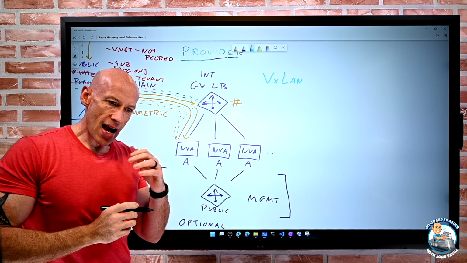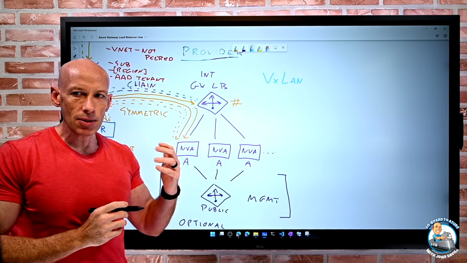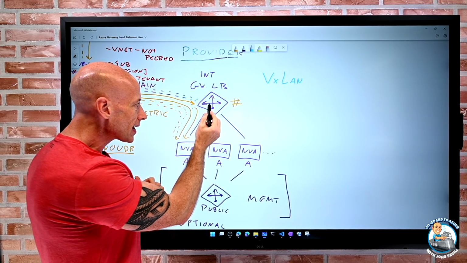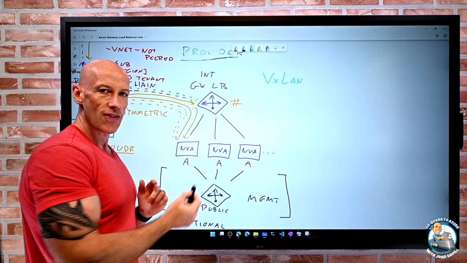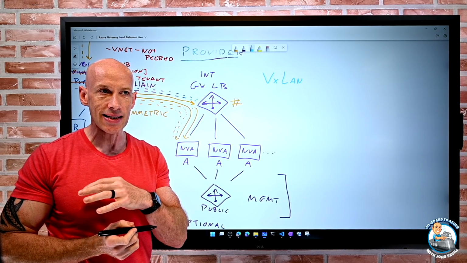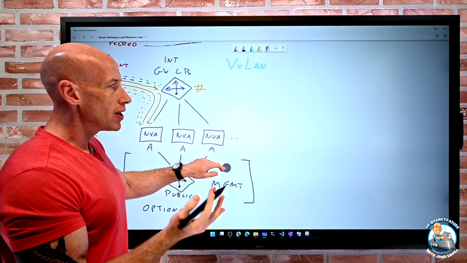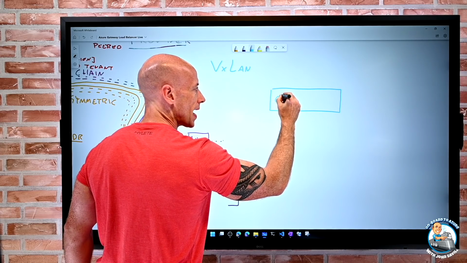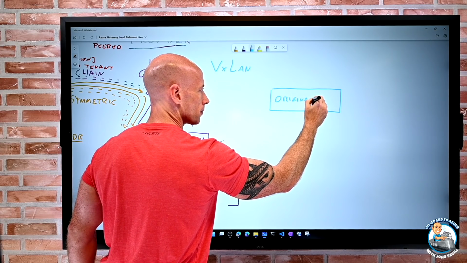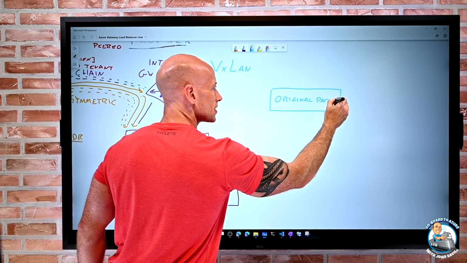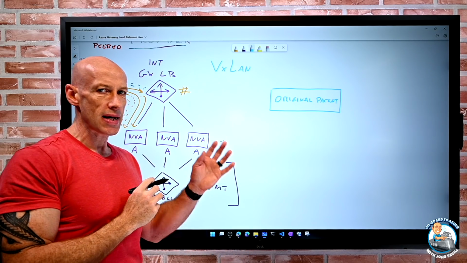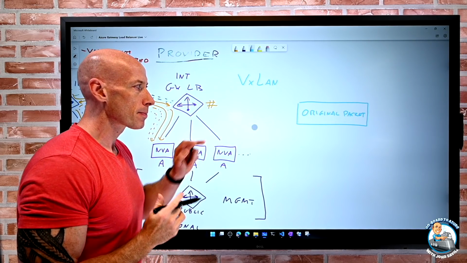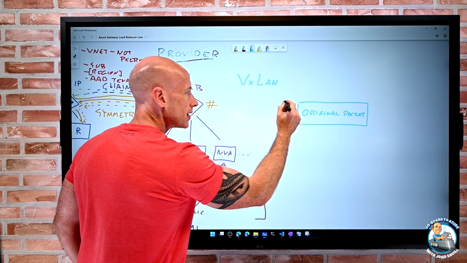So the whole point of VxLan is it's this virtual extensible LAN. I'm going to go into some more details. But the traffic between the gateway load balancer and the NVAs is encapsulated with VxLan. Now, what that encapsulation really looks like is you can think about, I have the original packet and all the things that are part of the packet, the IP headers, the TCP, UDP, whatever that was, the payload, that's the original packet. Now, what gets added to this is